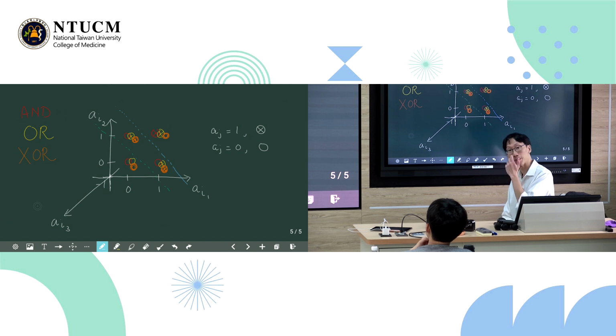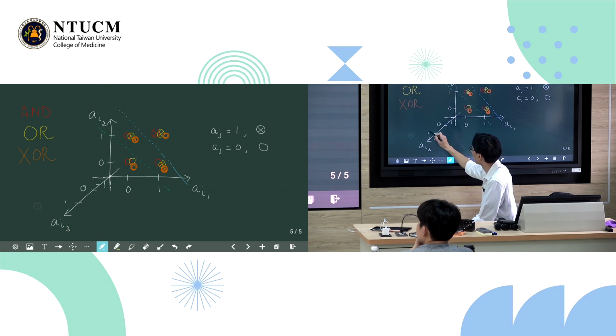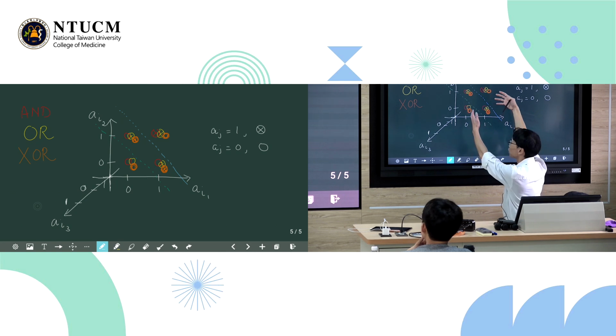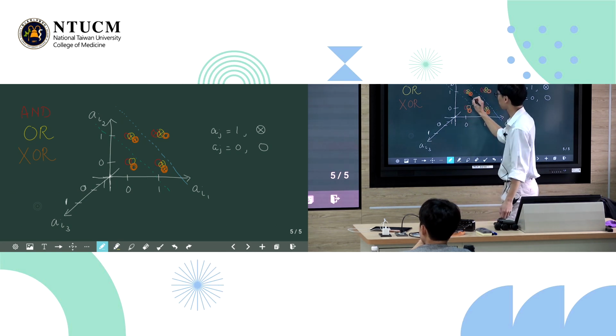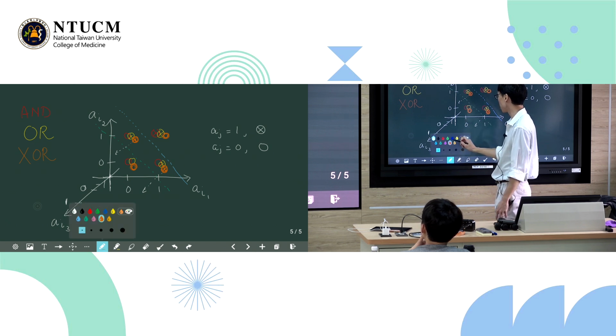Let's say I have a third basis, okay? And I can call it also 1 and 0 and 1. Okay? So now imagine that you can somehow split it so that, coming out of the board, move those orange crosses out here.